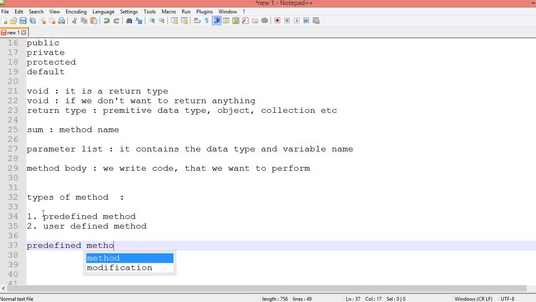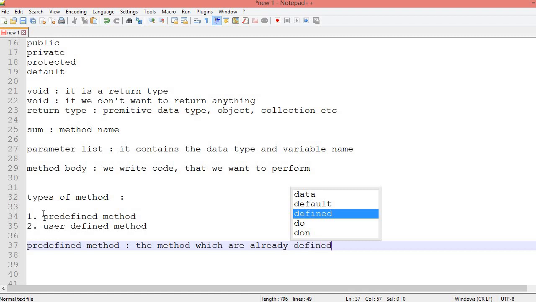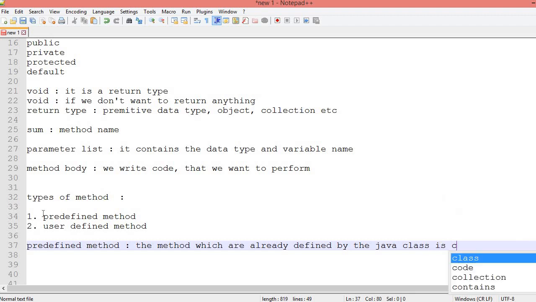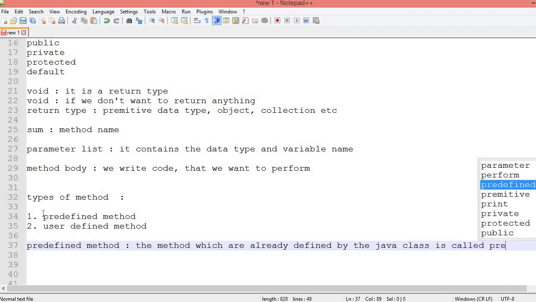First is predefined method. The methods which are already defined by the Java class are called predefined methods.